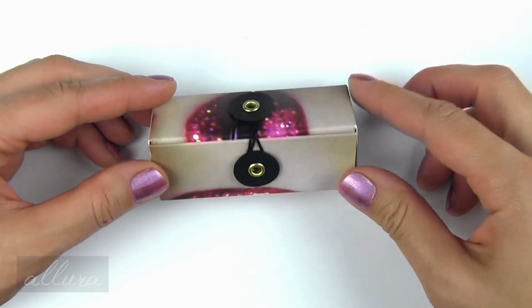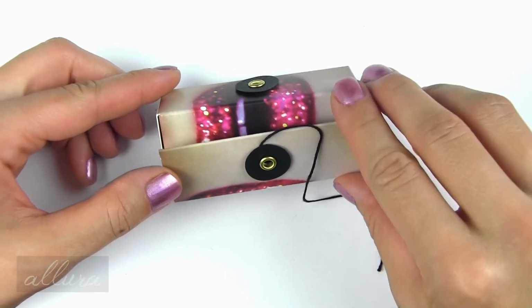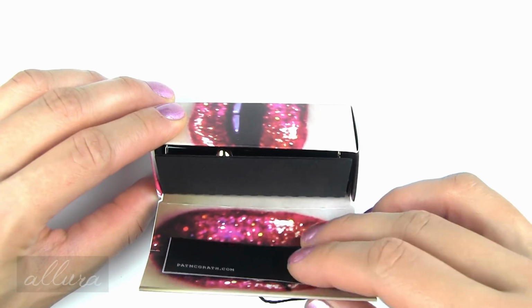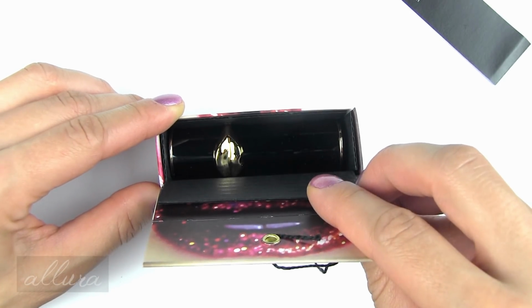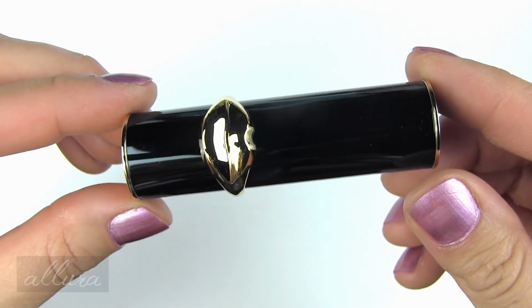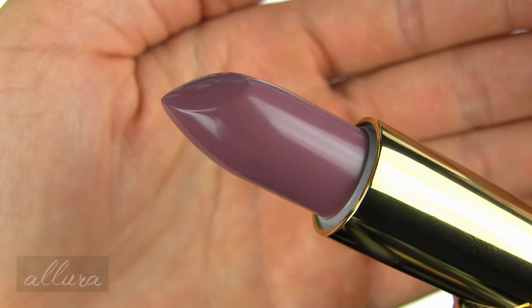All right, and once again, you have these stunning boxes that you unwrap and unravel. And we have probably the ingredients inside and the iconic Pat McGrath lipstick tube, which has the lips on the outside of the compact. All right, starting with the Luxe Trance shades, this is Madame Grage,